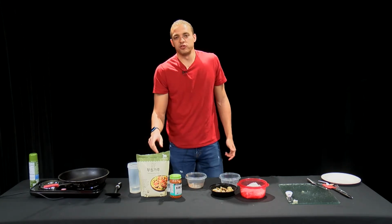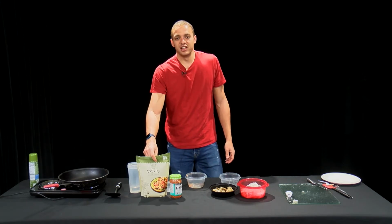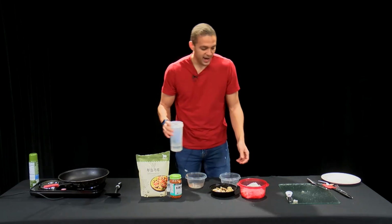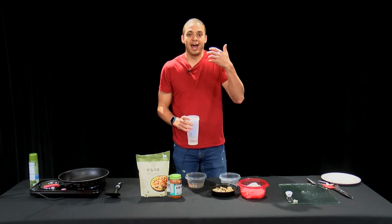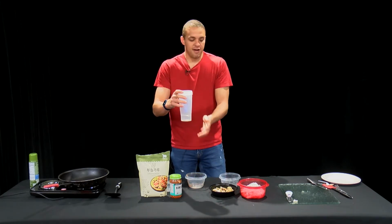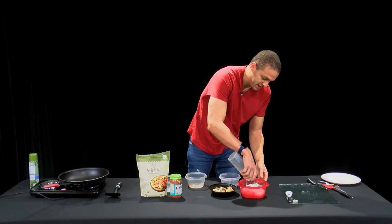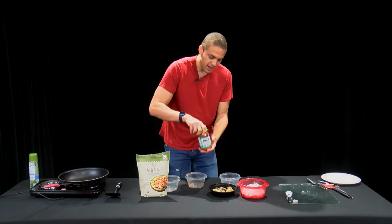And again, the difference between this and all-purpose flour is this is, I think, wheat flour, and then it has some seasoning in there as well. Like some onion powder, garlic powder, salt, pepper. If you want to throw that into your all-purpose flour, go right ahead. If you're going the all-purpose flour route, you can get all these ingredients at either Market Basket or Walmart or Stop and Shop or whatever. So half a cup of flour, half a cup of water. This is going to be a thin batter. And you might be a little shocked at how thin it is as you're going, but don't worry,